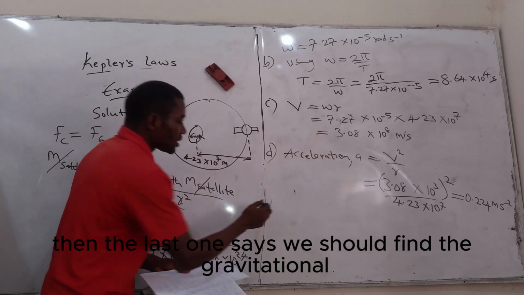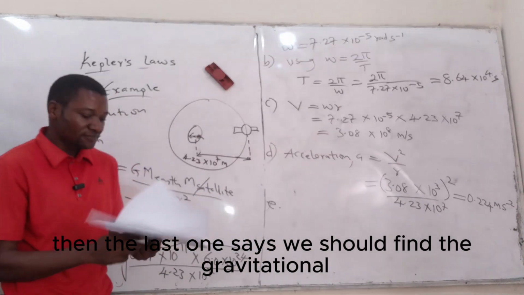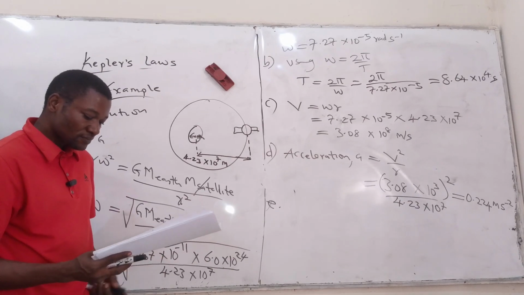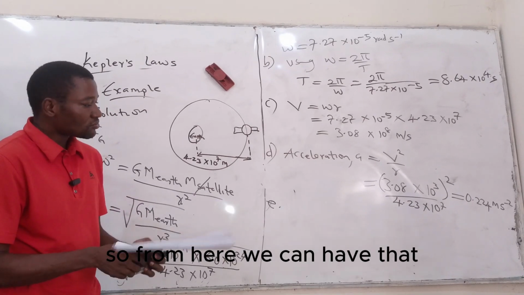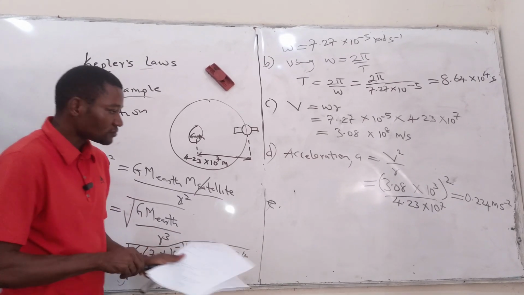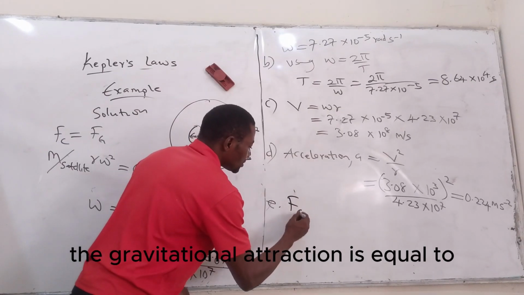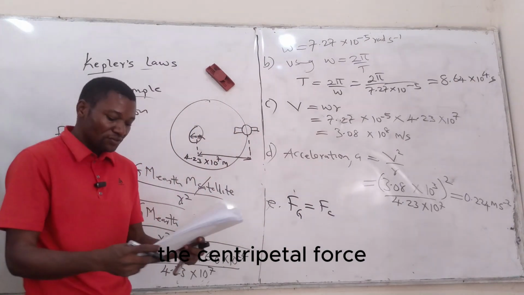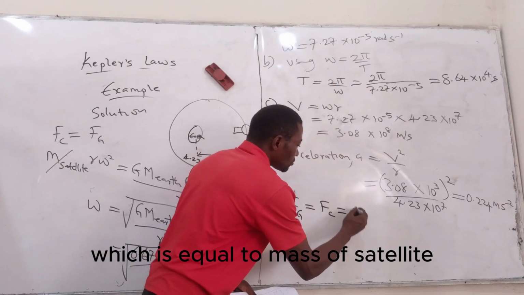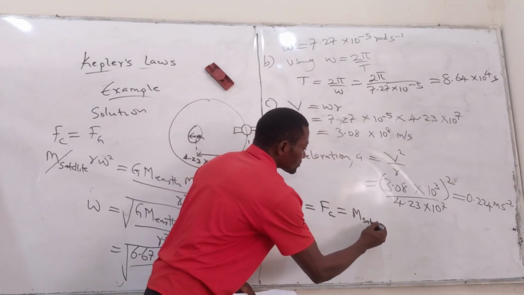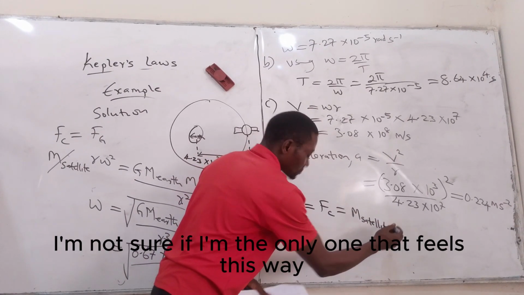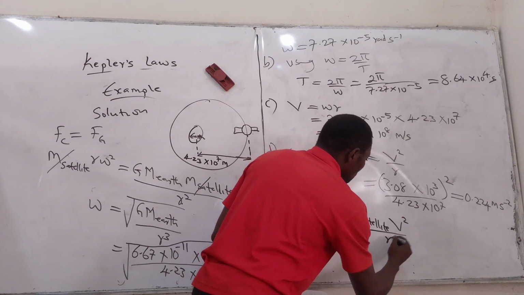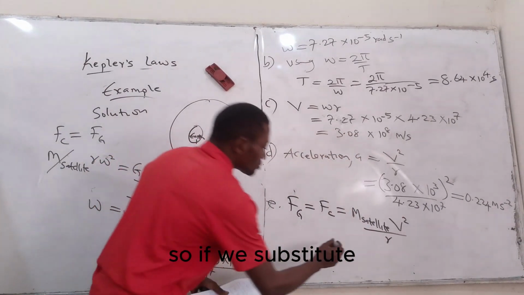okay, then the last one says we should find the gravitational attraction. So from here, we can have that the gravitational attraction is equal to the centripetal force, which is equal to mass of satellite, so if we substitute,